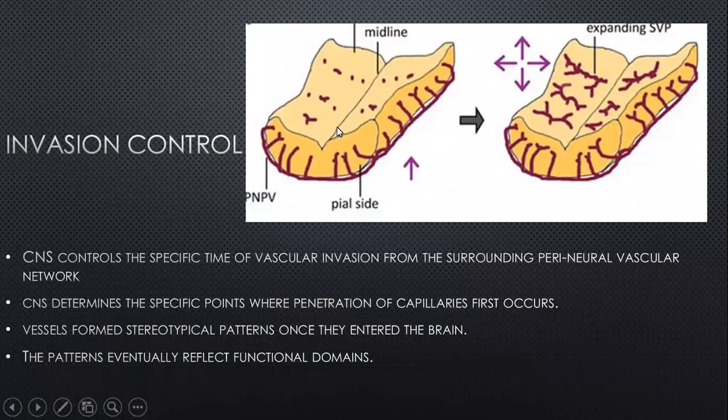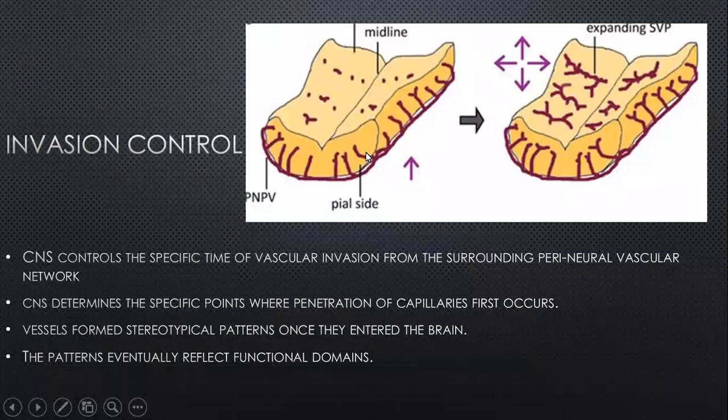And of course, any insult to that is going to change the way these blood vessels are going to form. And if it occurs very early in life, it is going to have a profound effect. If it affects much later during embryogenesis, the effect is going to be small, related to the area affected. And these developing blood vessels, they recognize these patterns that are developing within the brain. They will recognize the various aspects of the neural tube, and hence they will themselves have a specific pattern developing. And we'll look at these patterns in a minute.